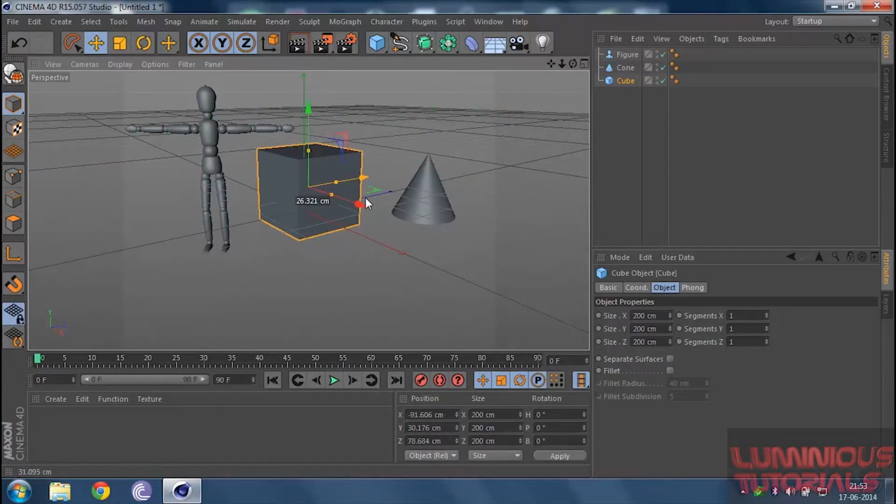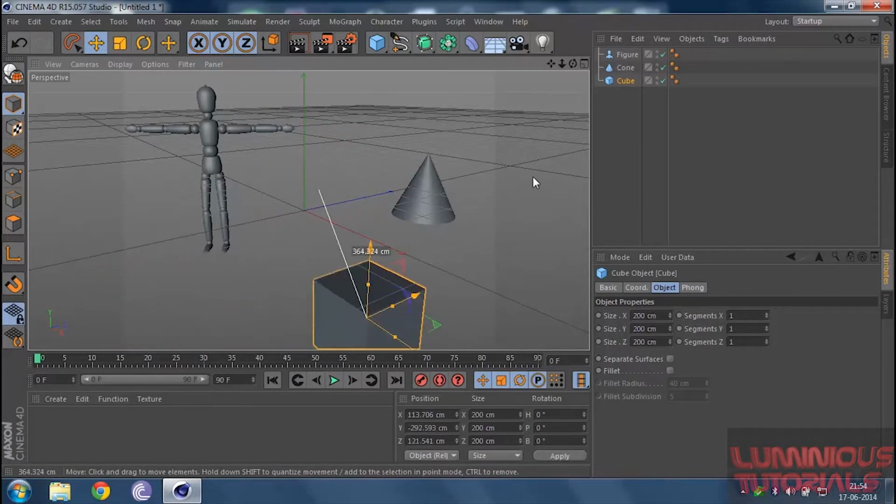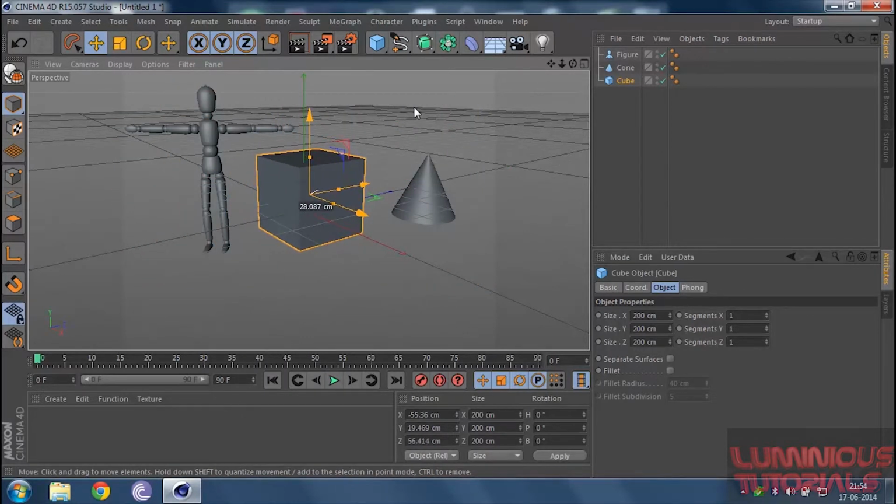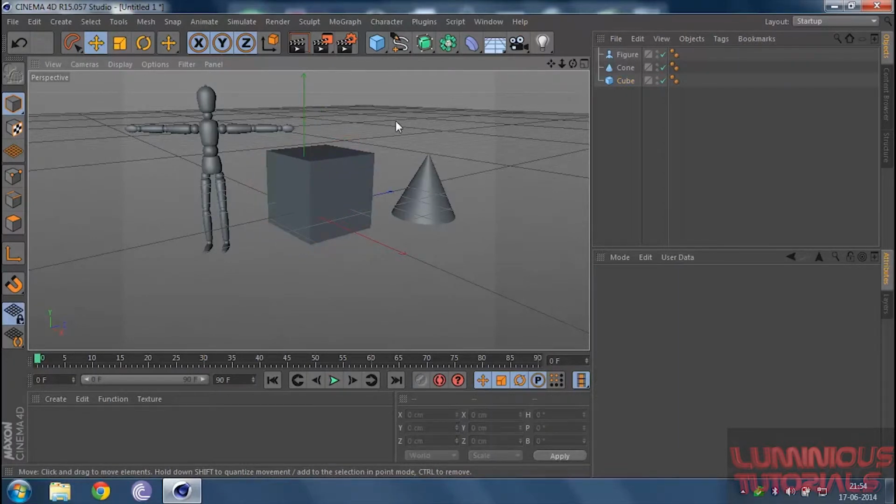Similarly the red one helps you to move left and right, and the green gizmo helps you to move up and down. But if I click outside the cube, I could move it in any direction, any way that I want. But this is not really comfortable because you won't get precise or accurate measurements.